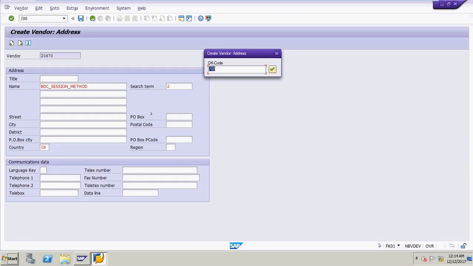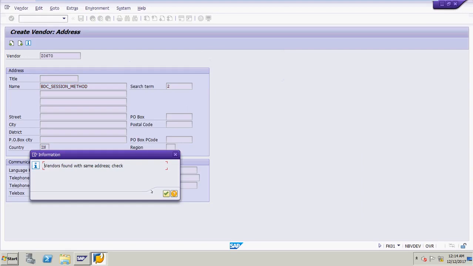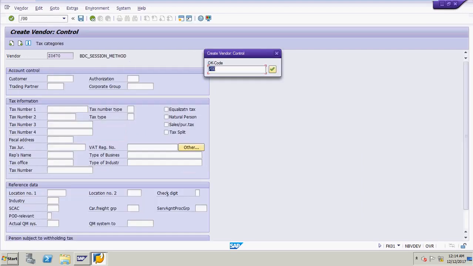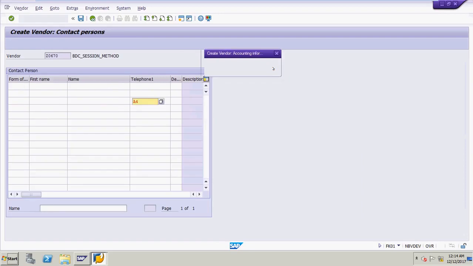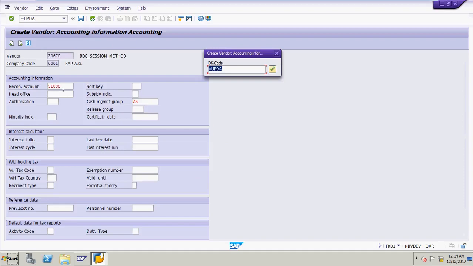Click on continue, same address, no problem. Another thing, continue, it will work properly. Continue, continue, and 31,000 and A4 and continue.